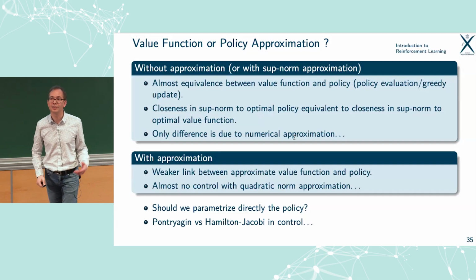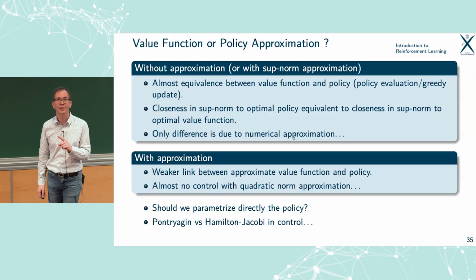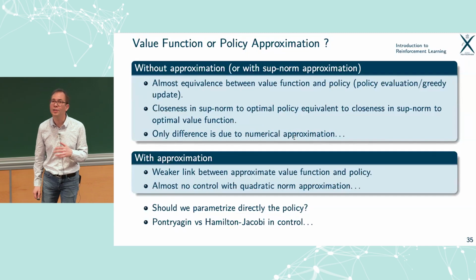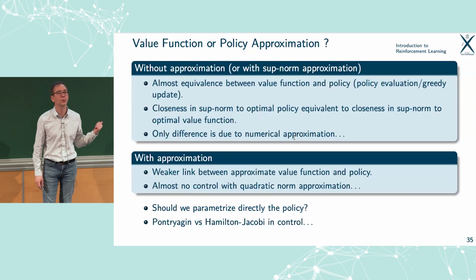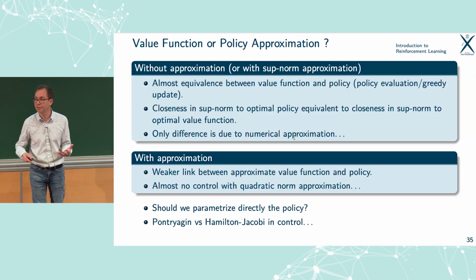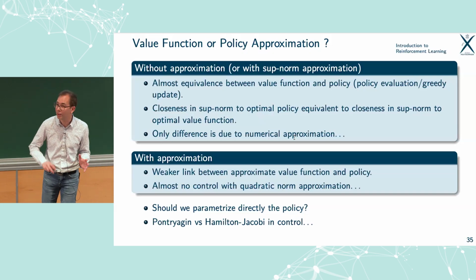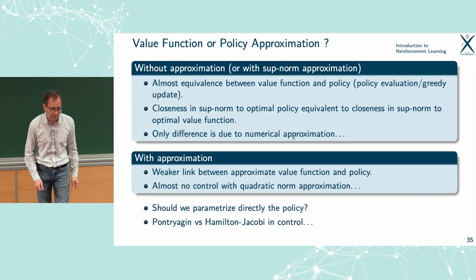But it's funny, I see the state-of-the-art algorithms of the last few years are based on this idea. But that was an idea that was known since the 50s in the control world. You may have heard of the Pontryagin approach, the one based on the parametrization of the policy, the action, and the Hamilton-Jacobi one, in which you are thinking in terms of this value function, the interest of a position.